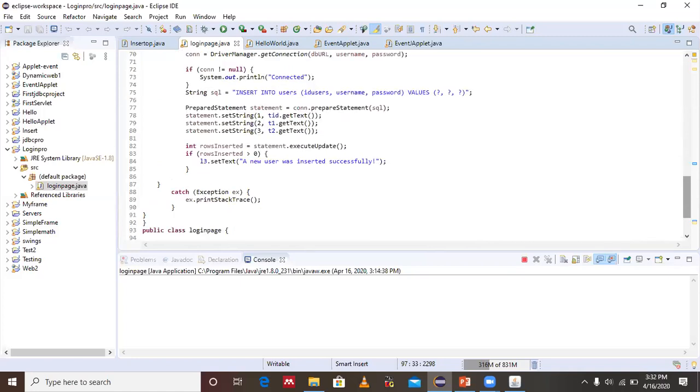So that was our lab session. This lab session is very important from the point of view of your second mini project. This type of project you have to do: create a form using Swing, get the contents on that form, and insert all the contents into the database. You can also update the database. We have seen in the last session how to update and delete records.